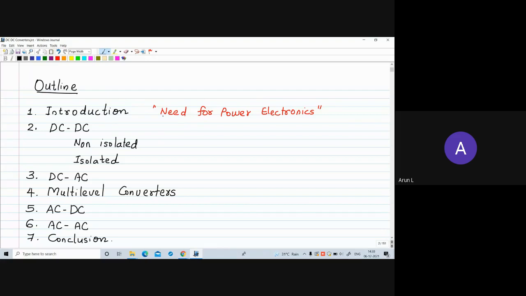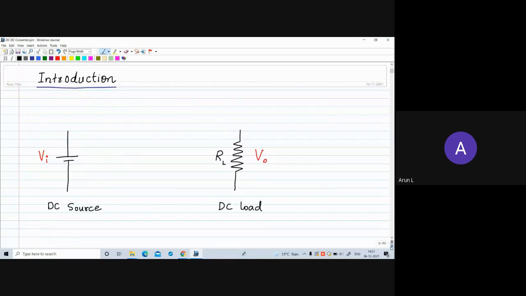So in a typical undergraduate curriculum, usually we start from AC to DC conversion. And later we go into DC to DC and DC to AC conversion, but it is more instructive to start from DC to DC conversion. If you understand DC to DC conversion clearly, the other power conversions can be easily derived from that. So let us go into the introductory part.